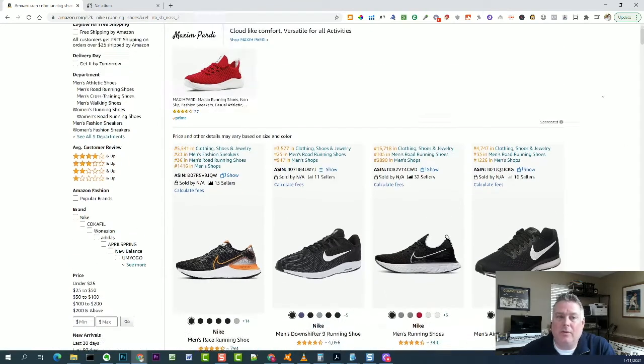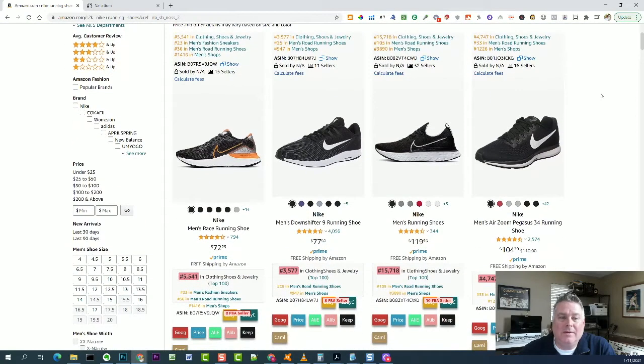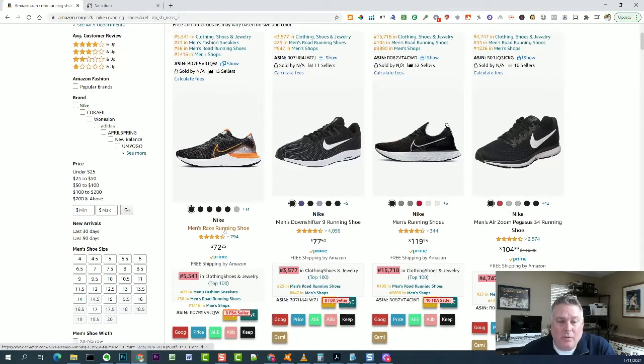So let's look at this very first one right here. This is a Nike shoe, Nike race running shoe. Doesn't have the model number in it, so that's something interesting to note. Might be an opportunity for changing the listing to include the actual model type. But it says